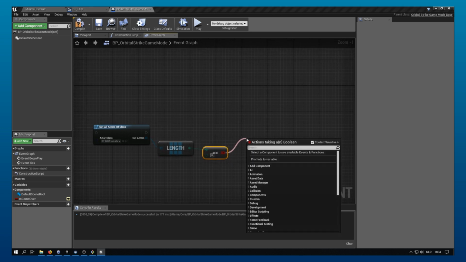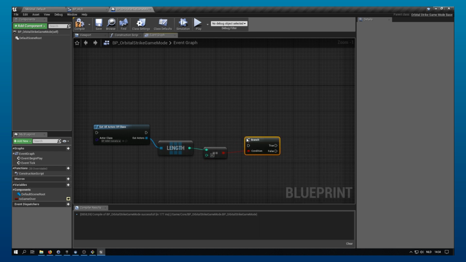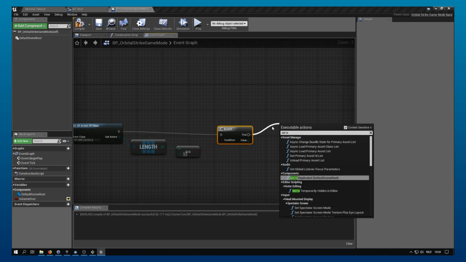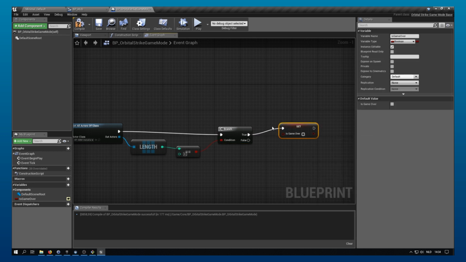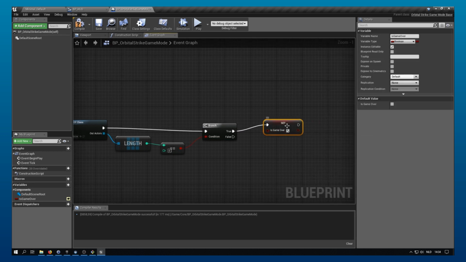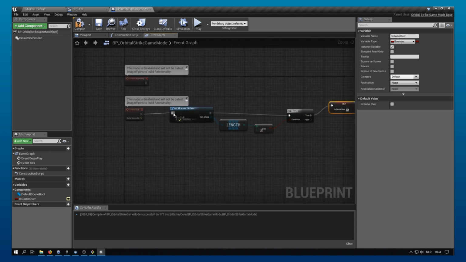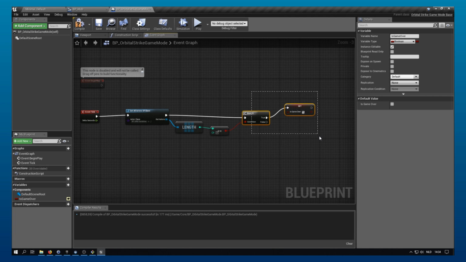And when it equals 0, so if branch, when it's true, we want to set isGameOver to true. So I hook this up,